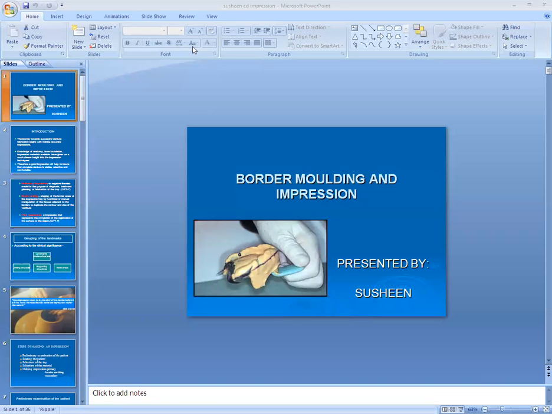The patient's oral cavity is not always in the rest position. It is in function. We are chewing, growling, swallowing, so all the perioral muscles are in a state of active function. So in border molding, we are recording the muscle borders within the physiological limit, so that the denture can remain stable in the oral cavity.